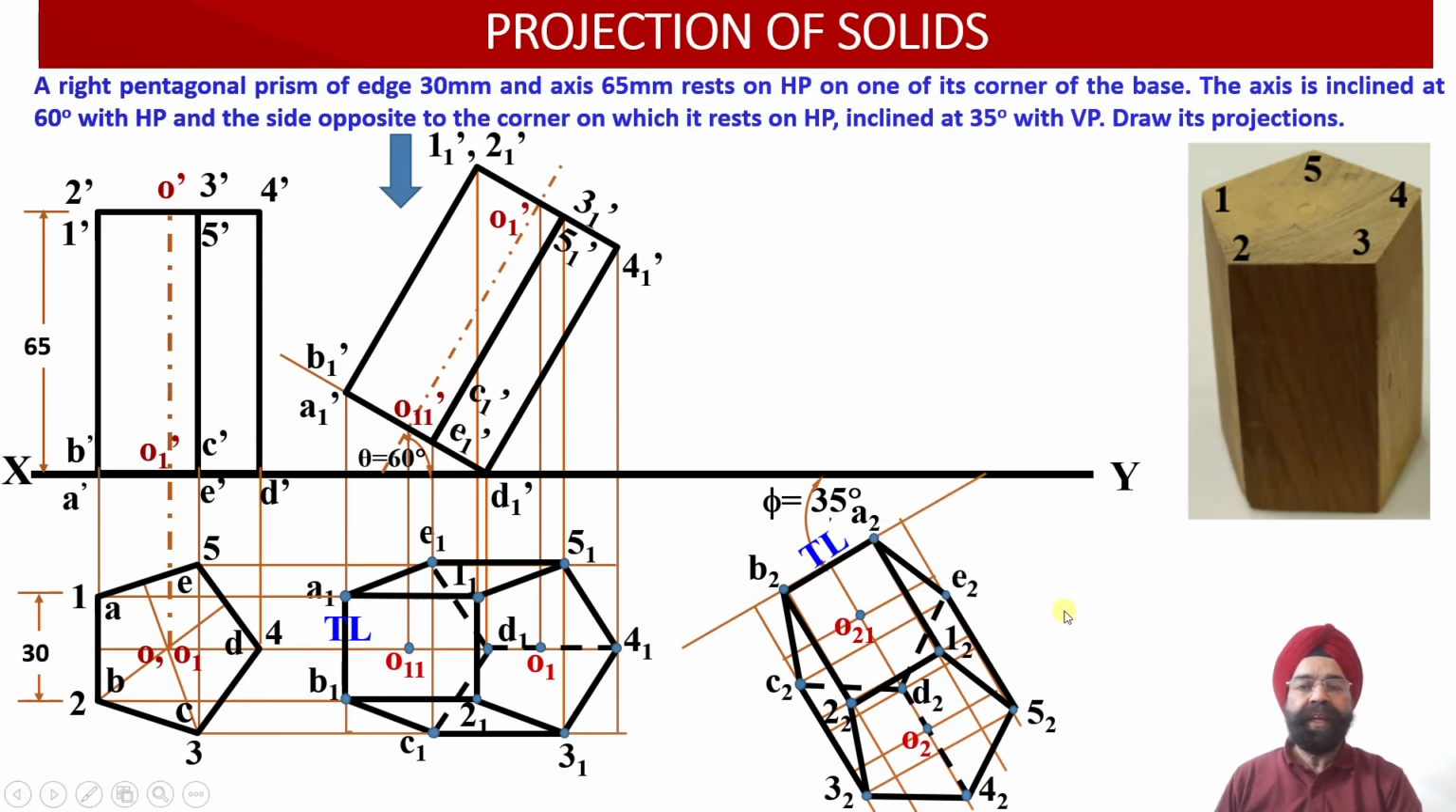So this way we have been able to obtain the top view projections of an oblique pentagonal pyramid in which the axis is inclined at an angle of 60 degree and the base, opposite to the corner onto which the prism is resting on the ground, is inclined at an angle of 35 degree to the vertical plane. Now, having obtained the top view projections of this pentagonal pyramid which is inclined to HP and VP both,